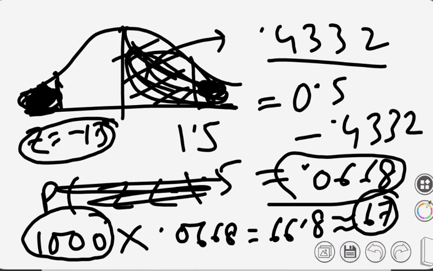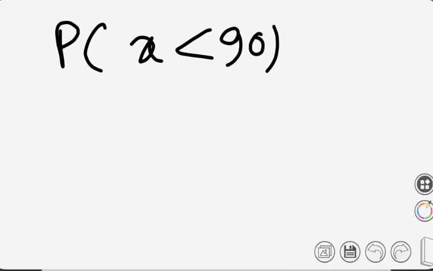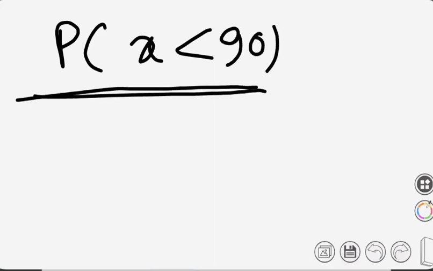So that is the interpretation. Out of 1000 bulbs, do you understand what I have said? What have we found out? Probability. That the probability that their life will be less than 90 days. Isn't this the meaning of this statement? Because we have assumed x is the life. So what is the probability that we have found? We have found it as 0.0668, right?